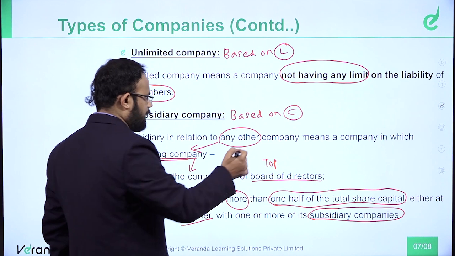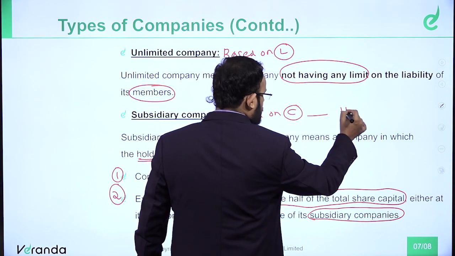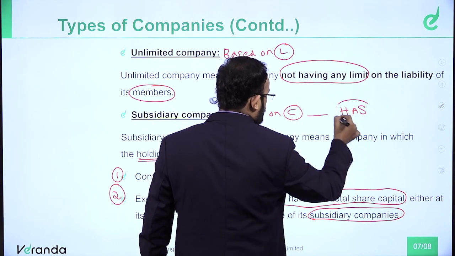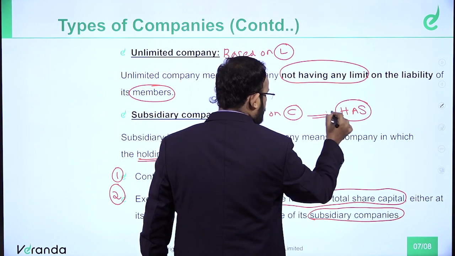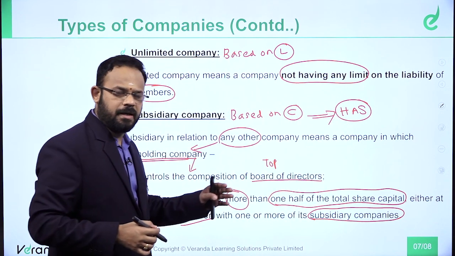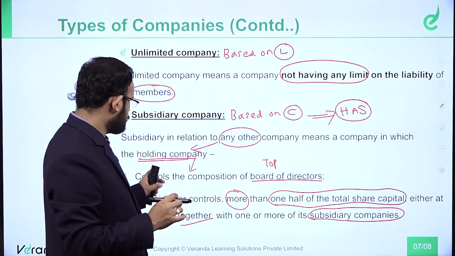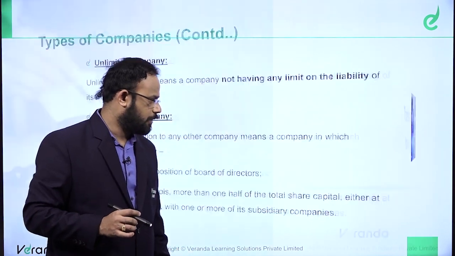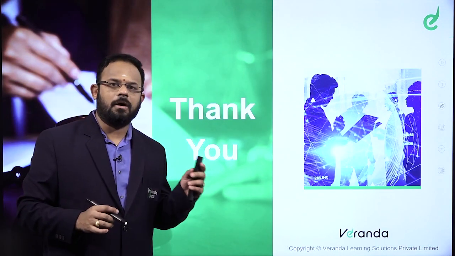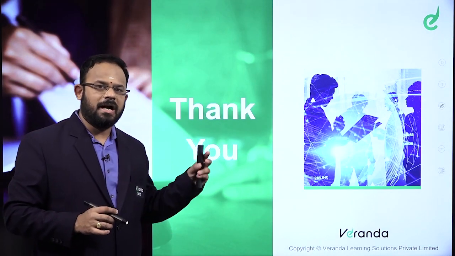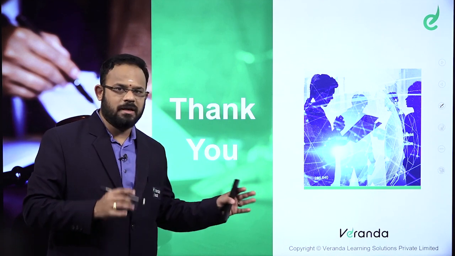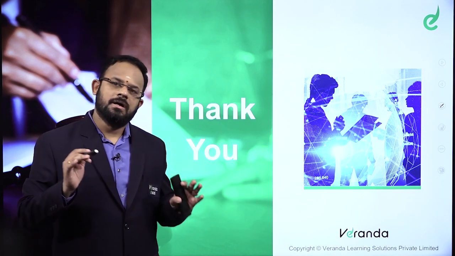So, holding company, subsidiary company and associate company are based on control. I will always remember control as covering holding company, associate company and subsidiary company. So, this is what we have in this particular learning unit. What we have covered: all the definitions relating to it, and we can manage them very easily. These are the definitions as per your Companies Act.